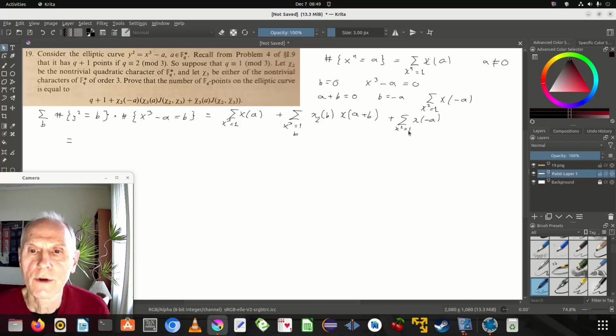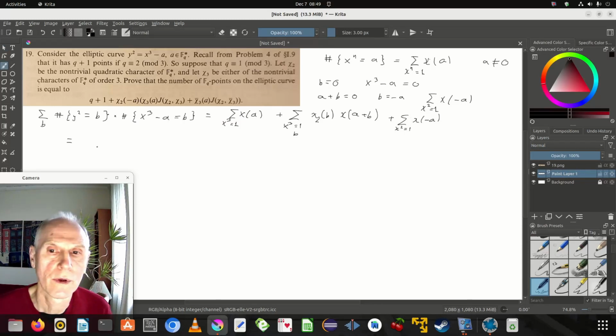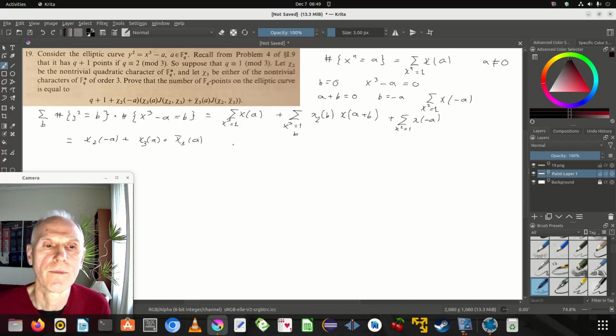Yeah, there is only one of order 2. So chi2 of minus a plus, and we have 2 here, so it's chi3 of a plus chi3 bar of a, the other guy, plus